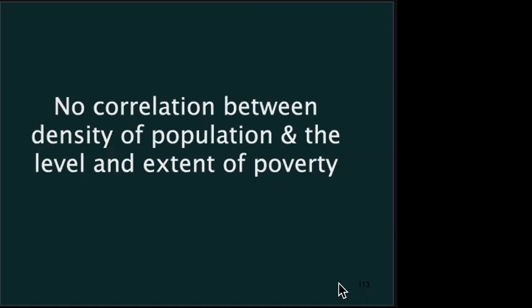Now, as I was going over this, getting ready for this presentation, I was thinking about China, and I looked it up, and they have about 3,000 people per square mile of arable land. So that's kind of right in the middle between the United States and Russia and South Korea and Japan and these very densely populated places. And I remembered that they had brought a lot of people out of poverty, and it looks like they brought 750 million people out of extreme poverty. That's twice the population of the United States.